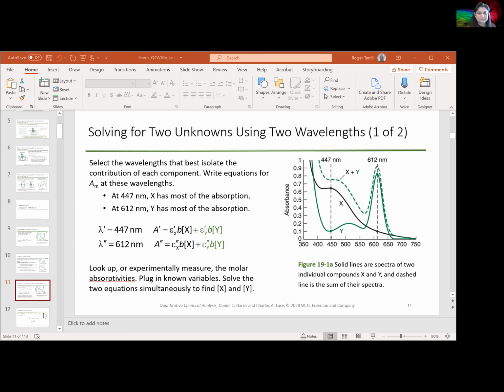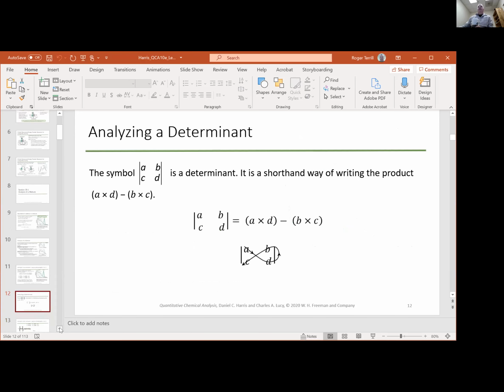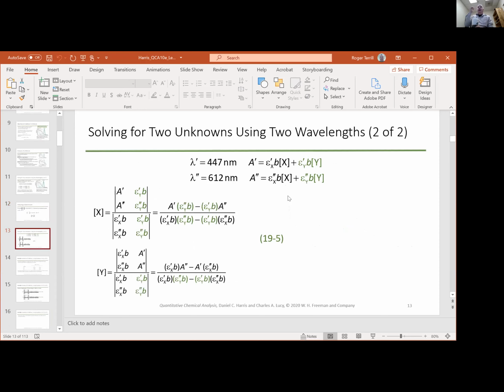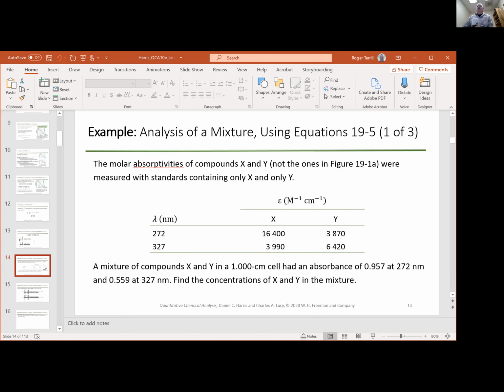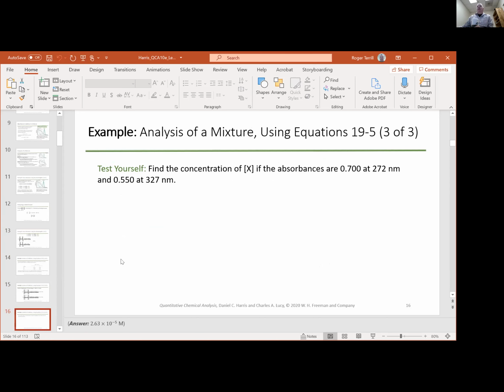So there we go. Now there are ways to solve this, and I do not like Harris's approach here. He just jumps right into determinants and does not even show you why. Honestly, I don't understand it. Why are we doing determinants? I don't know. I mean, what I do in this case, right? Okay, let me